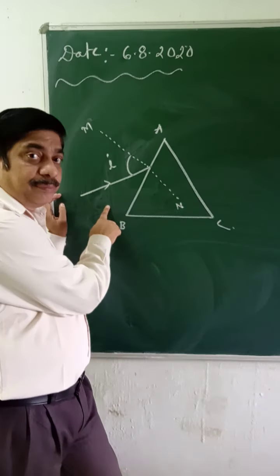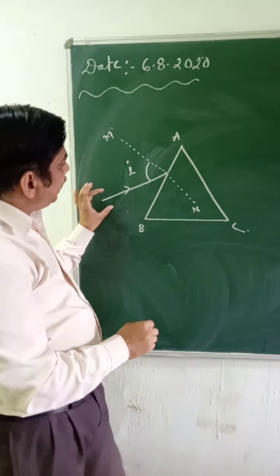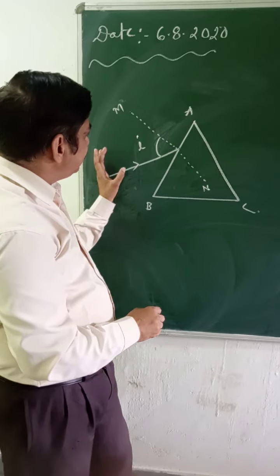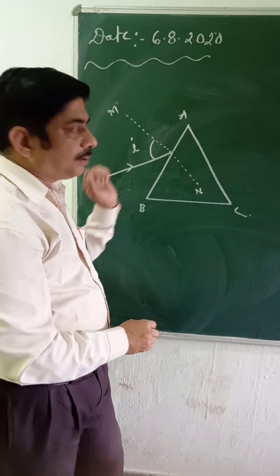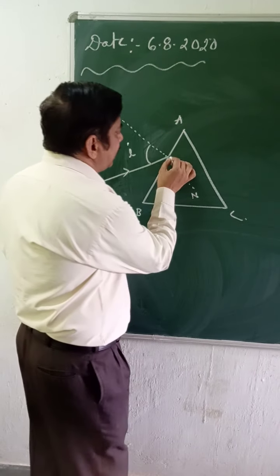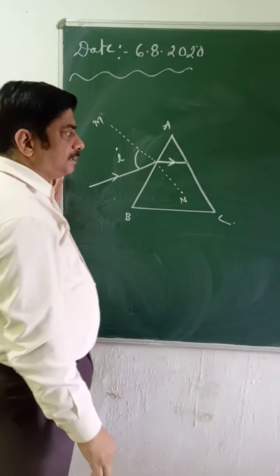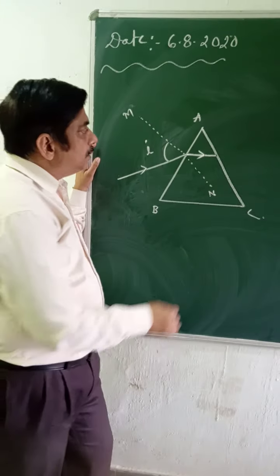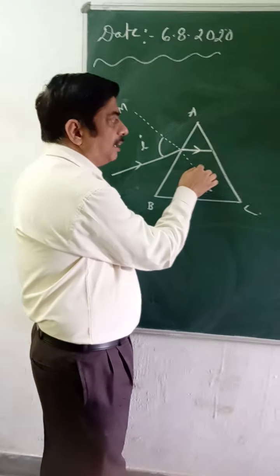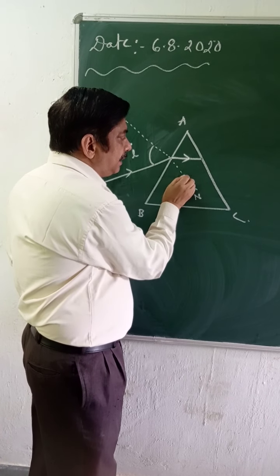So this is the rarer medium and this one is the denser medium. As you know, when light is incident from the rarer medium and reaches the denser medium, it has to bend towards the normal. This is the bending. Now here again this is the separation of the two media. One is denser, other is rarer.